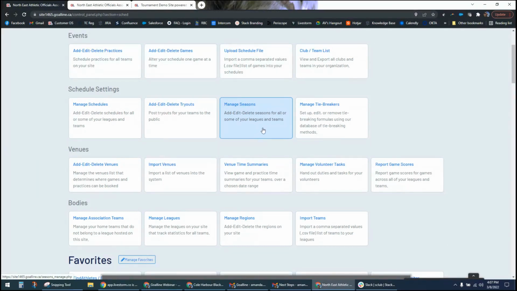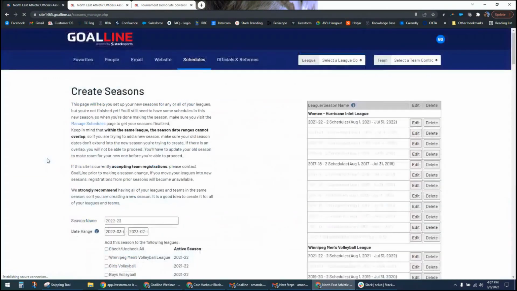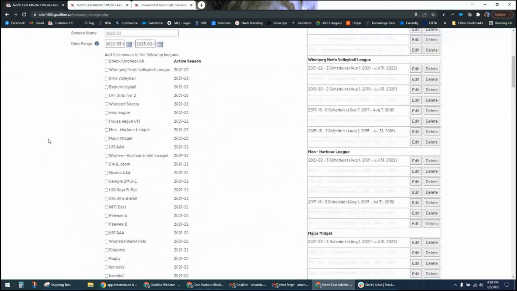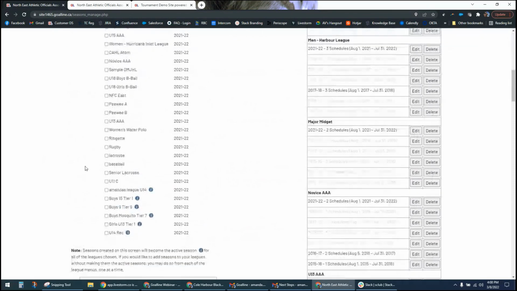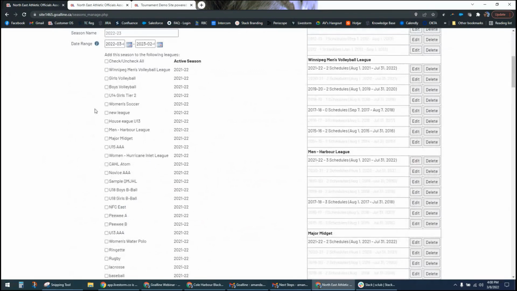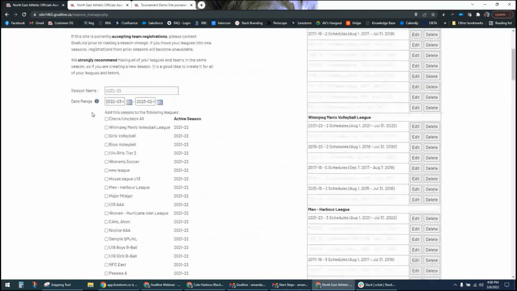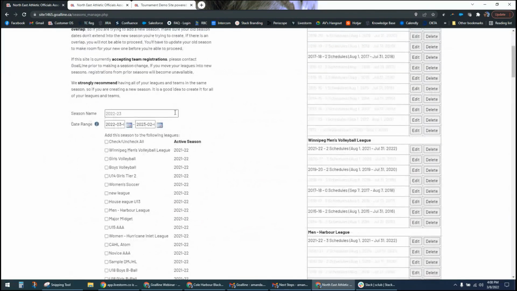So I'm going to click on manage seasons here, and we're going to take a look at what this form is going to look like. I've got lots and lots of divisions between my leagues and my association teams. So I've got a lot of divisions listed here in my season tool. What I prefer to be able to do is use this tool once per year, and I label my seasons accordingly. My seasons are labeled